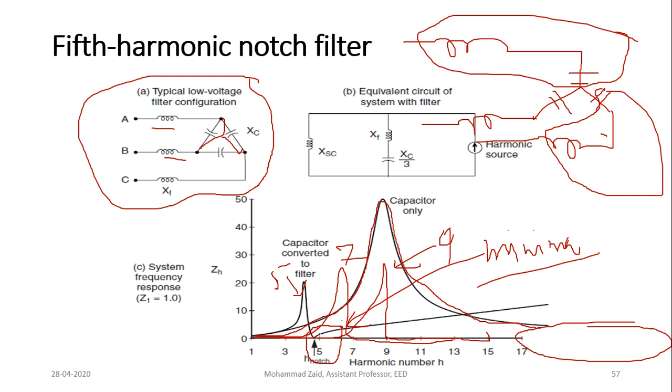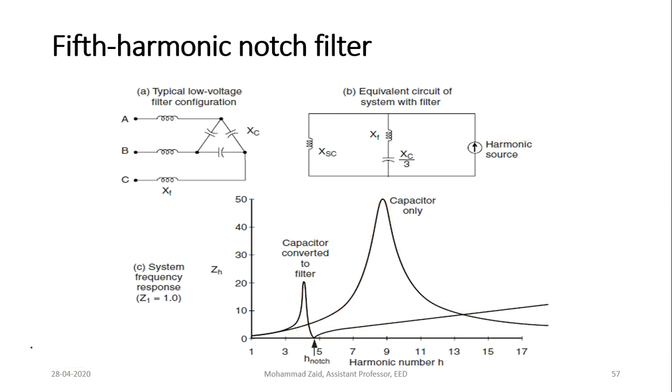Okay, so usually it is not designed at exactly the 5th harmonic frequency. That means n times XL is not exactly equal to 1 over n times XC. So n is not taken exactly as 5, because one thing you can observe is that before the frequency at which your harmonic will be eliminated, there is a very sharp rise also. This is known as the parallel resonance. So the tuning should happen only at this point.